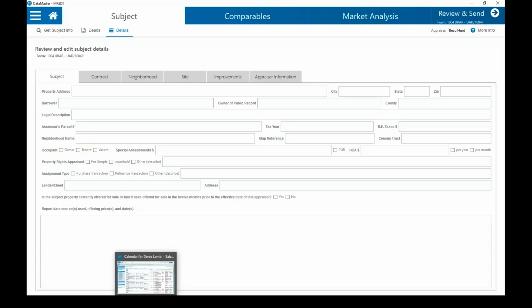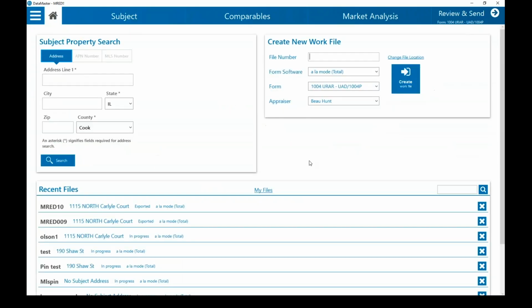This is the first screen of DataMaster. Along the top of DataMaster, these tabs keep you on track: subject, comparables, market analysis, and review to send. If you need to jump into market, into comparables, or talk about your subject, simply click into one of these